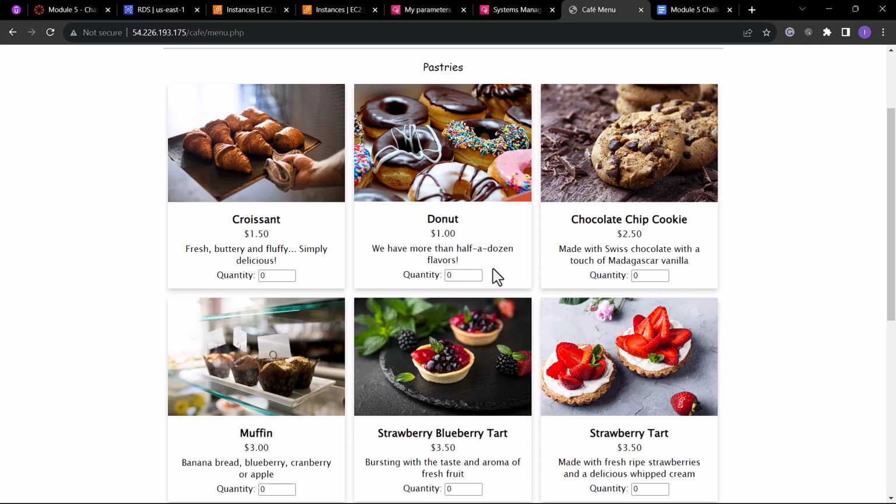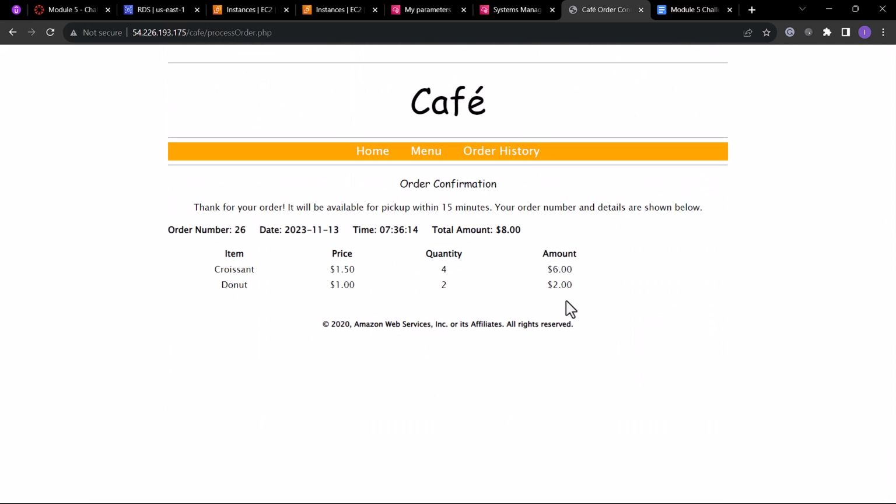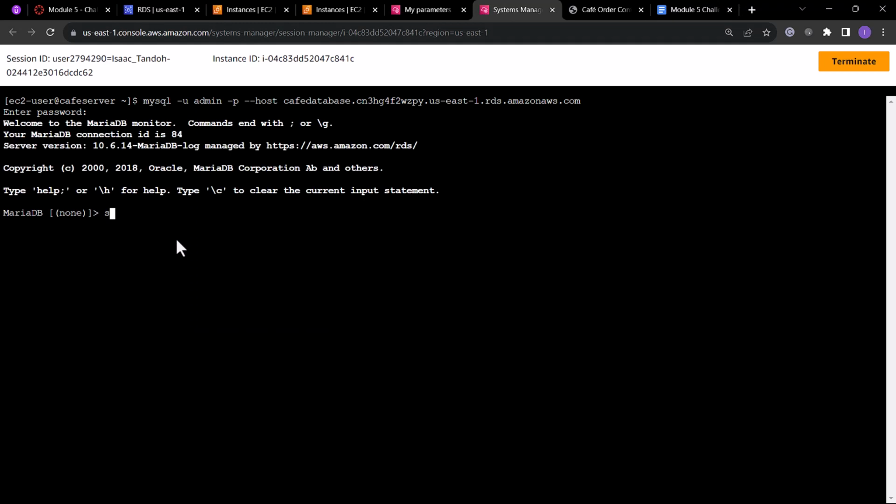I can go ahead and create orders. I'll submit the order, and my total cost is 8 USD. So I can come back into my database and paste the password again. I've already copied it,